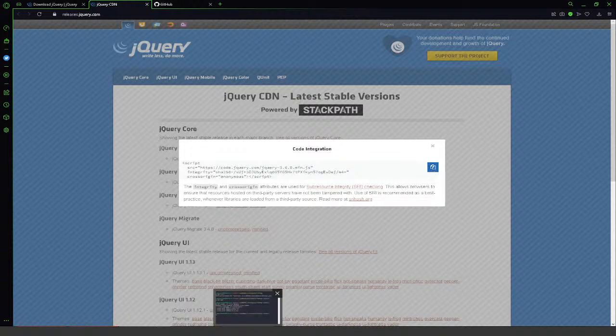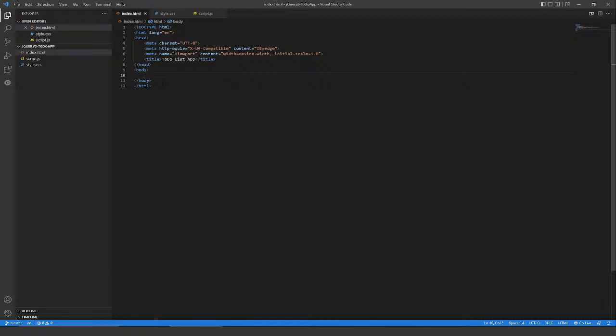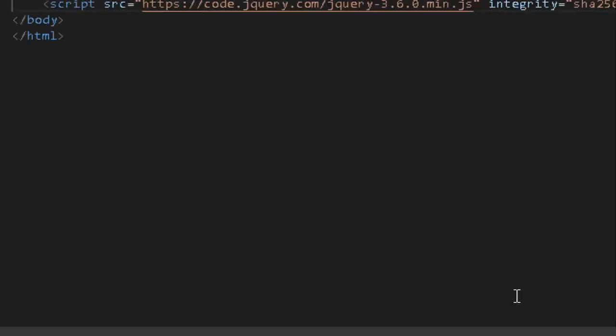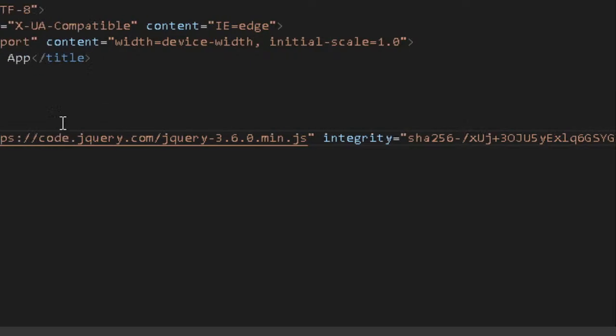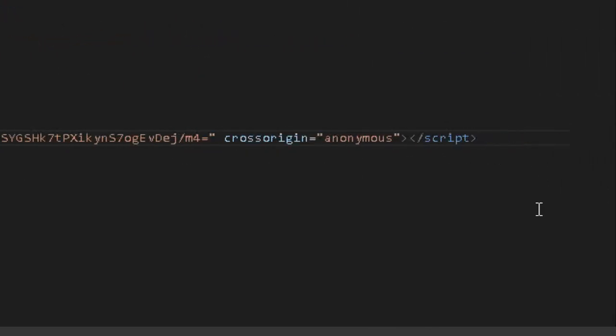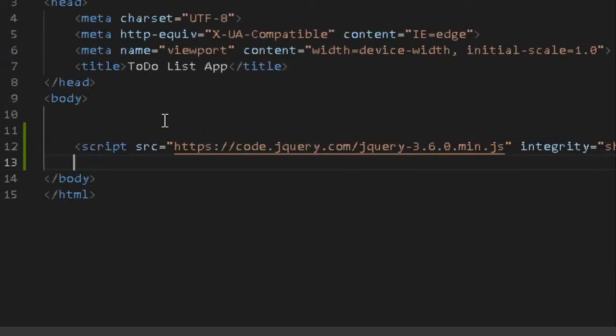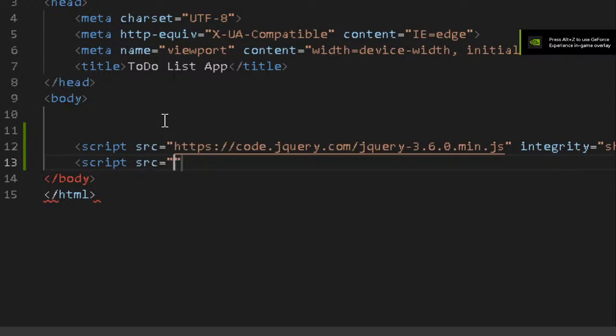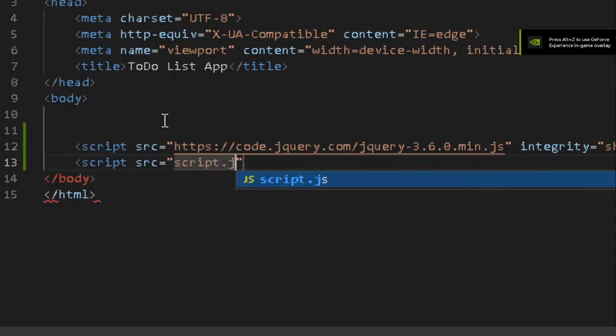And so now I can just paste that before my closing body tag here. So we'll just paste that right in there. So now we have the link to the jQuery library in there. And then immediately after that, I'll go ahead and add my script.js file that we're using for this particular project. So the script for that is going to be src equals script.js